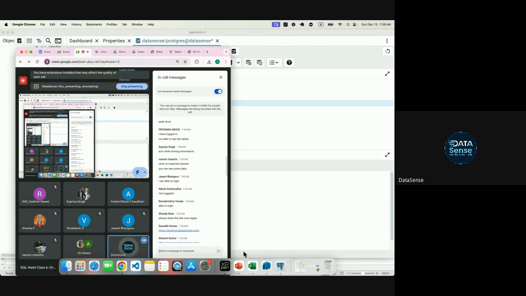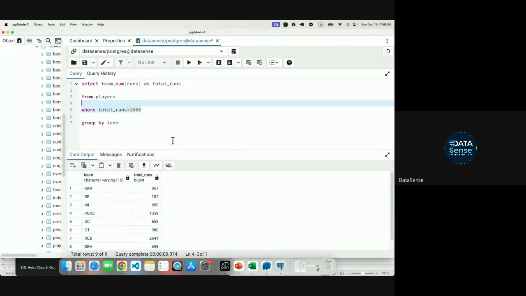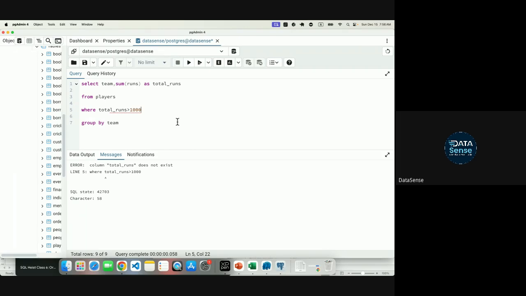So let's understand this concept in detail now. This is called order of execution. This query will not run. This is an error actually. Those who said yes, it will run, what is the reason? You must have heard about it. So rather than using this, we have to actually do